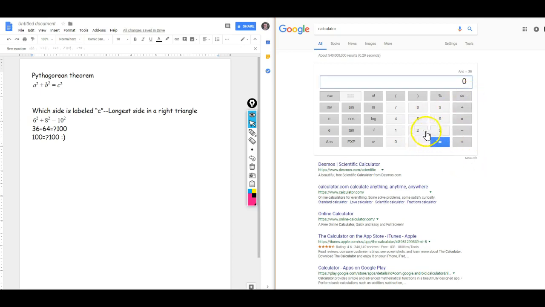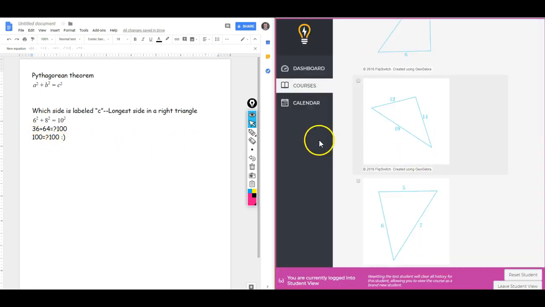Also, you could type it in as 6 squared plus 8 squared. You could type that all in. Comes out to be 100, which we did eventually end up at. So that's a good thing. So then the next question we have is